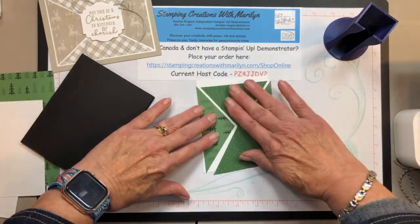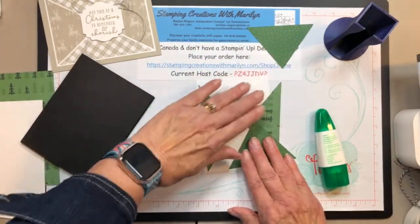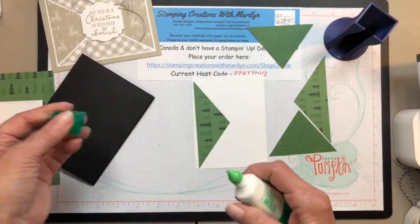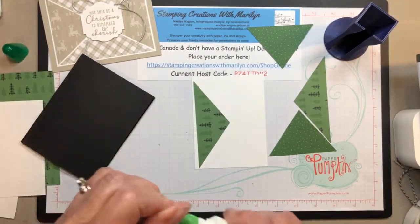And the other, I'm just going to move them off because I will need all of the space. And I'm presuming you can see. And yes,